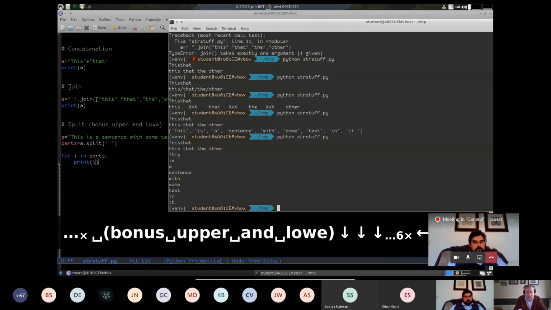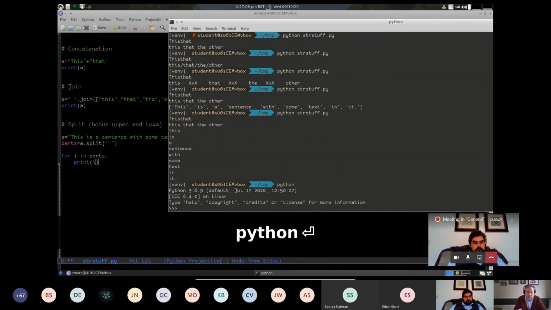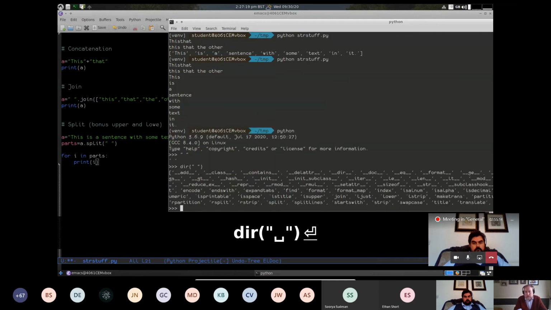I actually always forget whether it's to upper or upper because I've used too many languages now. So I'll show you how I remind myself. I can have a string, which is just a string, and I can then go dir like this to see what that thing can do. Right, so ignore the ones with the underscores, they're the sort of special variables, but you can see there's split, there's join, doing L-just and R-just justification. What I want is the uppercase and lowercase, and if you look down to T, there's no U for upper, so it can't be that, so it must be